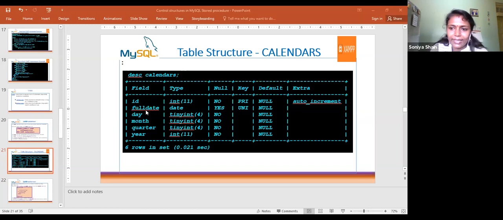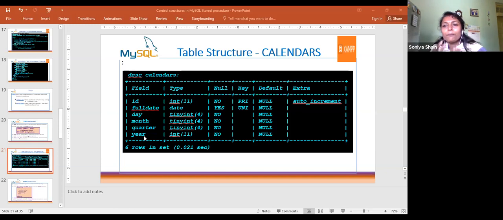Then for the full date, I give one date and extract the day, month, quarter, and year. Quarter means in which quarter that date comes: January to March is the first quarter, the next three months the second quarter, like that. There are four quarters in a year.